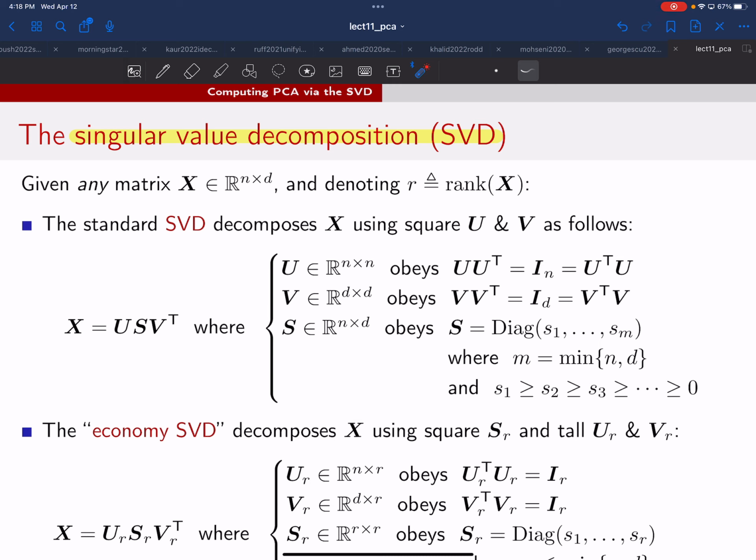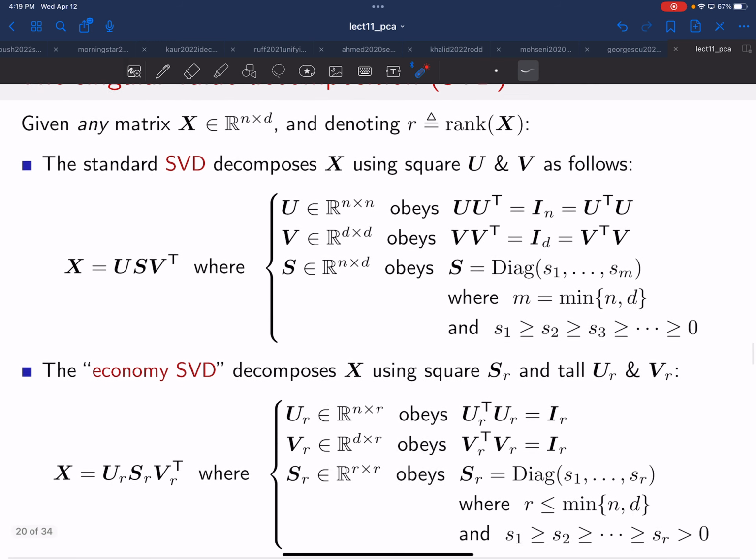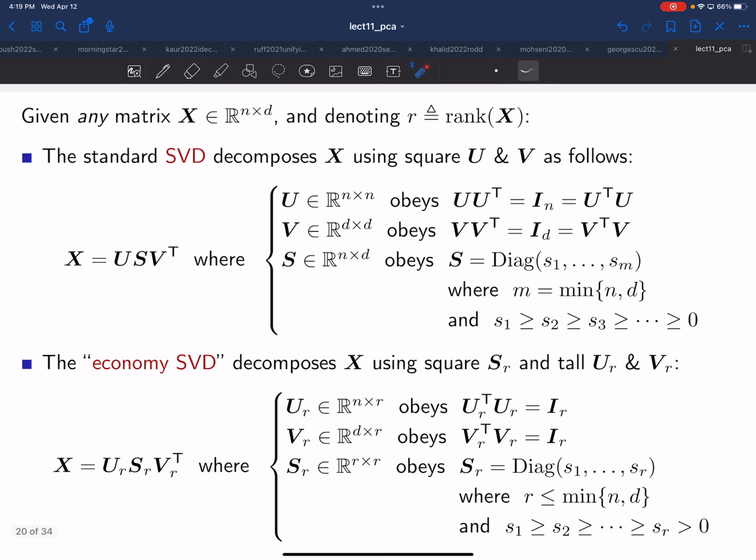And it basically decomposes the matrix into a product of 3 matrices that are intuitive and that can often help you prove things. When you see things in linear algebra, you're like, how do I prove this? Often doing the SVD as a first step simplifies things a lot, and then you can see the structure in it, and you can see, oh, okay, I understand what's going on now. So there's basically 2 forms of the SVD. There's the standard one,